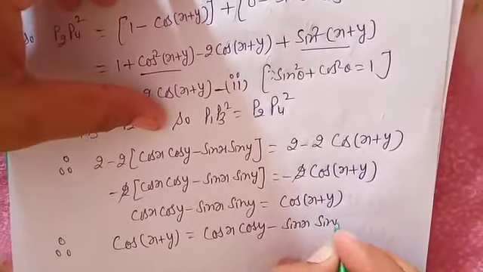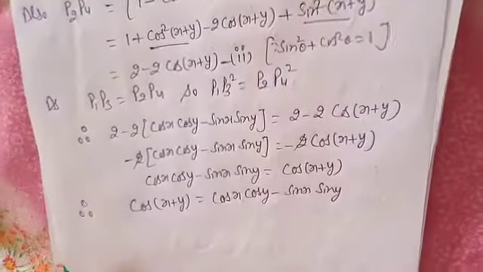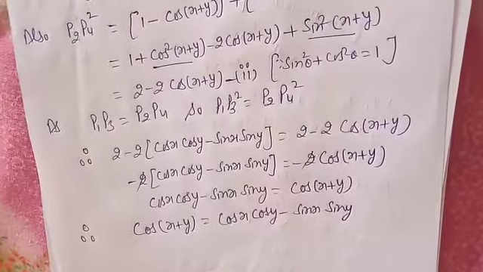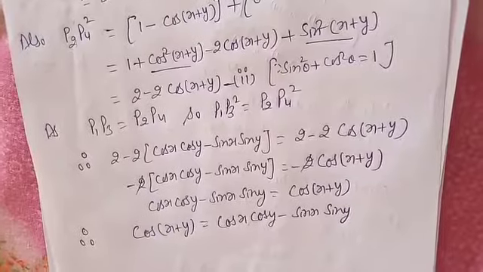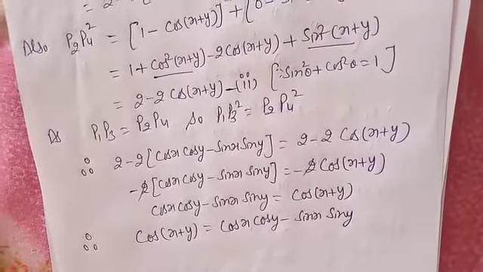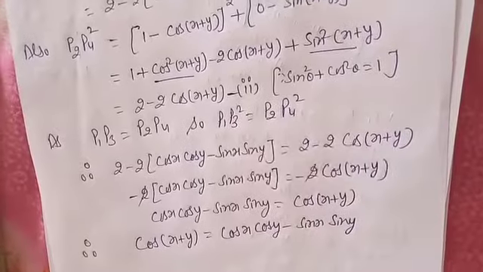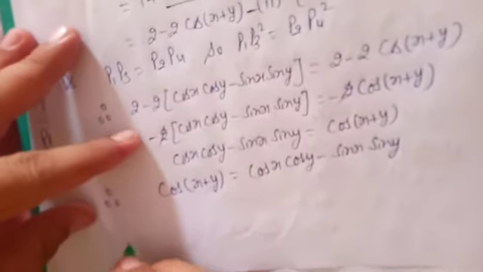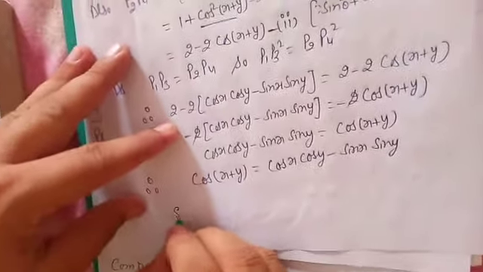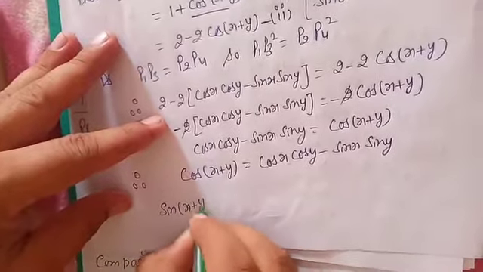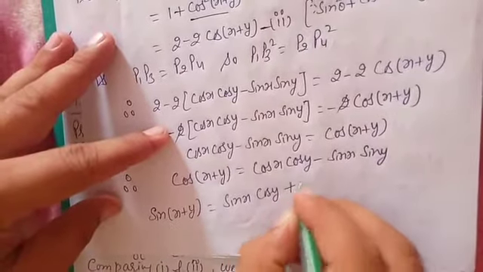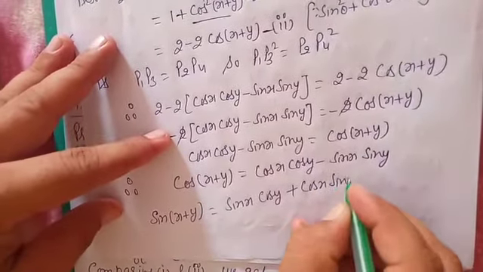Therefore cos of x plus y is equal to cos of x cos of y minus sin of x sin of y. This is not important from an exam point of view, but for your knowledge it is needed. This is the base of this math. So you can try to solve it. Remaining identities also solve like this. At least solve this identity by applying the same rule: sin of x plus y is equal to sin x cos y plus cos x sin y.